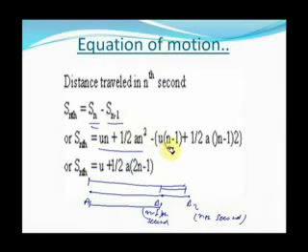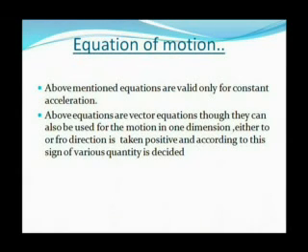n is in second, and we can replace Sn minus 1 with u n minus 1 plus half a into n minus 1 whole square. So finally we get Sn is equal to u plus 1 by 2 a into 2n minus 1. Now a word of caution: whatever equation that we have just discussed, they are valid only for constant acceleration, and